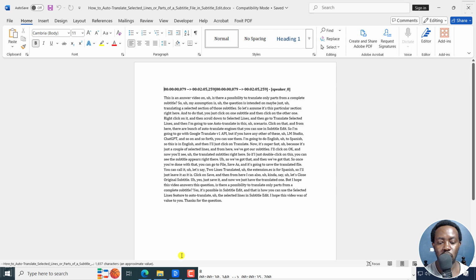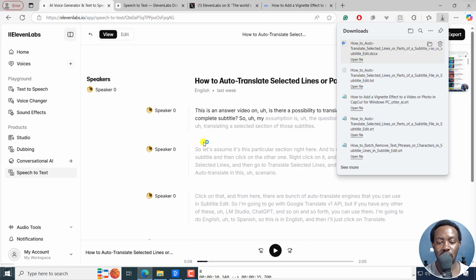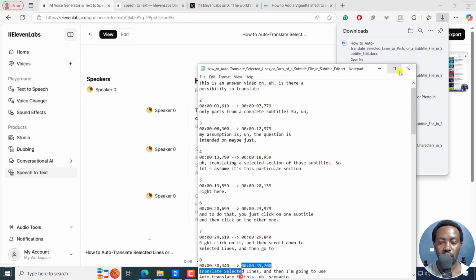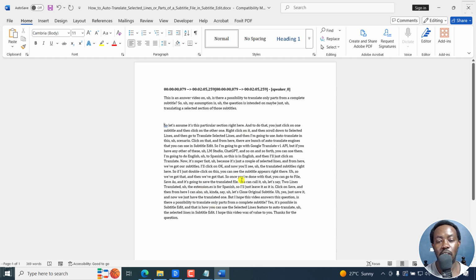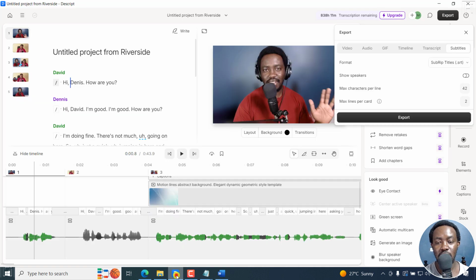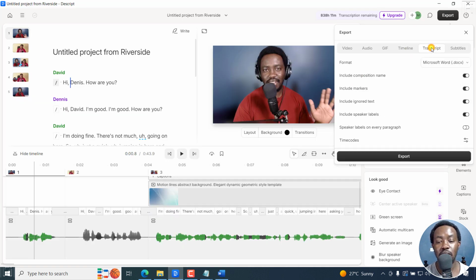I wish it also respects the kind of segmenting I've done. I'm not sure. Subtitles. So let's see if it actually does that. Let's move this slightly. No, it does not. It should also take this into account instead of you having to reformat this over and over again when you export as a doc. But of importance here is if we go to the transcript in Descript, there are different